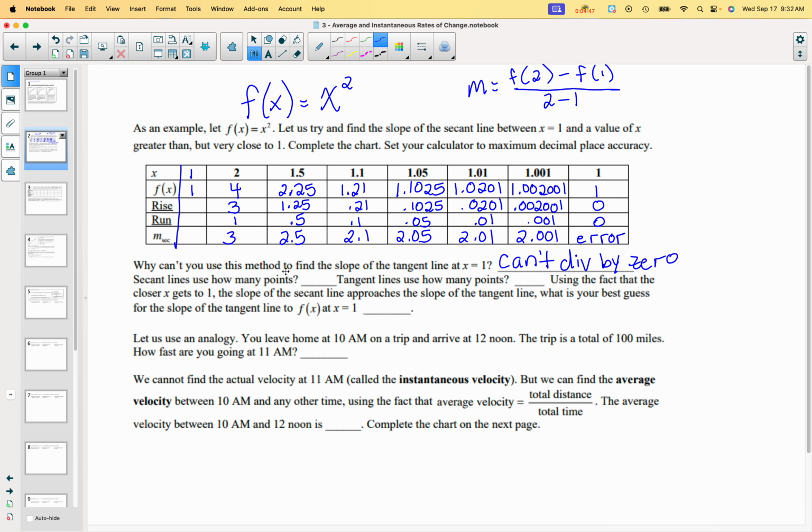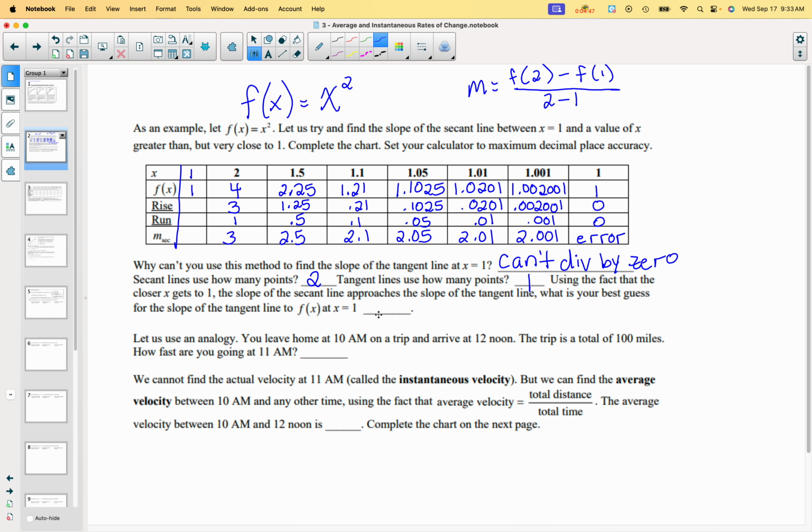So secant lines use how many points? Well, when you find the slope of a secant line, it takes 2 points to find the slope of the line. Tangent lines only use 1 point because they only touch the curve in 1 point. So using the fact that the closer x gets to 1, the slope of the secant line approaches the slope of the tangent line, what is your best guess for the slope of the tangent line to f of x